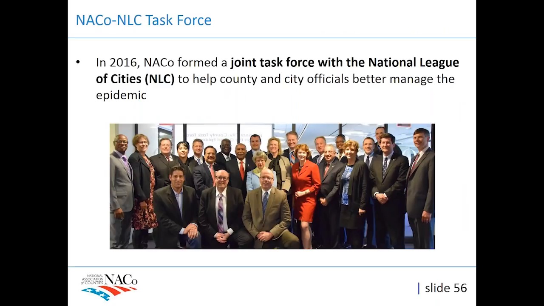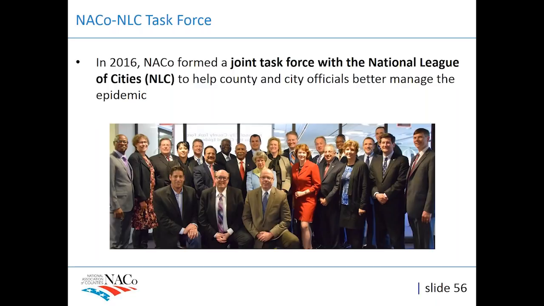As Brian mentioned, we have taken a somewhat atypical approach to dealing with this issue within our organizational work, and I'm going to lay that out for you a little bit, and hopefully it's helpful as you formulate your local efforts as well. In 2016, the picture that you see there is the task force that we put together. We called it the National City County Task Force on the Opioid Epidemic, and we brought together 10 city officials, mayors, city council members, police chiefs, firefighters, etc., and 10 county officials.